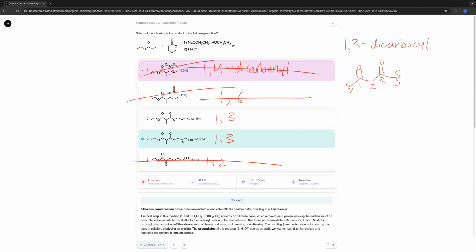To predict this product, let's say this is my alpha carbon here. That's the nucleophile, the star atom right there, because the nucleophile is always the alpha carbon of an enolate ion. The electrophile is going to be this carbonyl carbon right here, the dot that I'm dotting right there. When we do this whole mechanism, let's say there's a negative charge there already, we attack that carbonyl carbon,